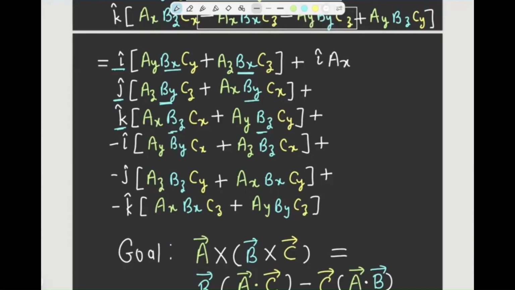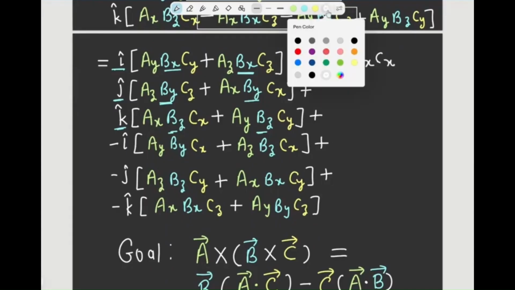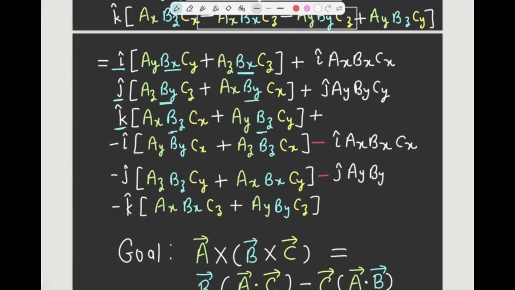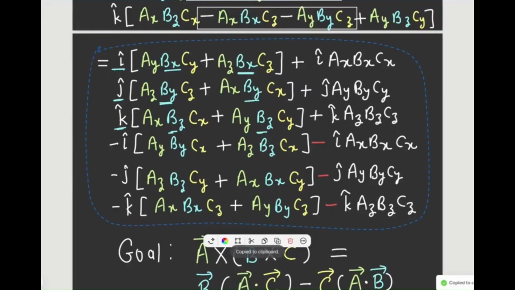Next, we're going to add unit vector i hat times ax, bx, cx to the very first line. But we can't just add a term, that changes the equation. So we're going to also subtract i hat ax, bx, cx. So we are effectively adding 0, because i hat ax bx cx minus i hat ax bx cx equals 0. We will also add and subtract unit vector j hat times ay, by, cy and unit vector k hat times